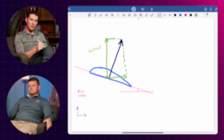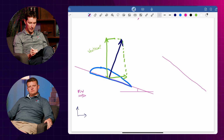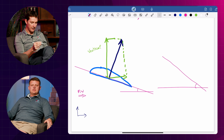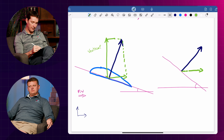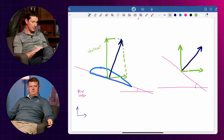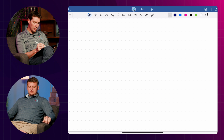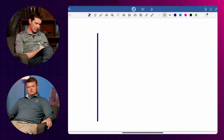So this version that I have drawn right now would be way different than having a chord line that's right here, right? With a big angle of attack, where you would have a total lift right here. And then now you would have your lift-induced drag in here, and then your lift right here. So on the right side, slow airspeed, on the left side, fast airspeed. Yes. So now, if we were to plot on the X and the Y here,